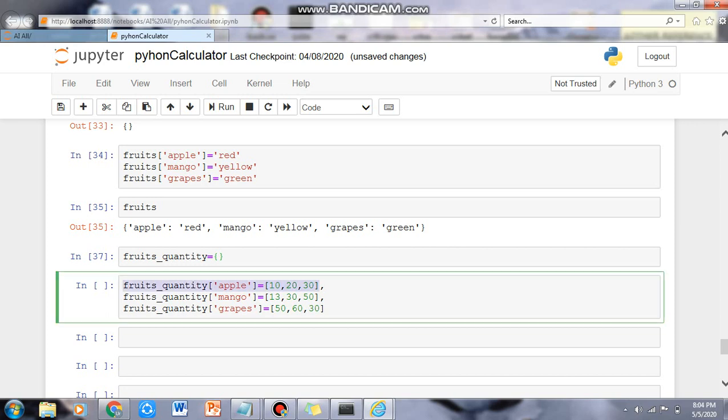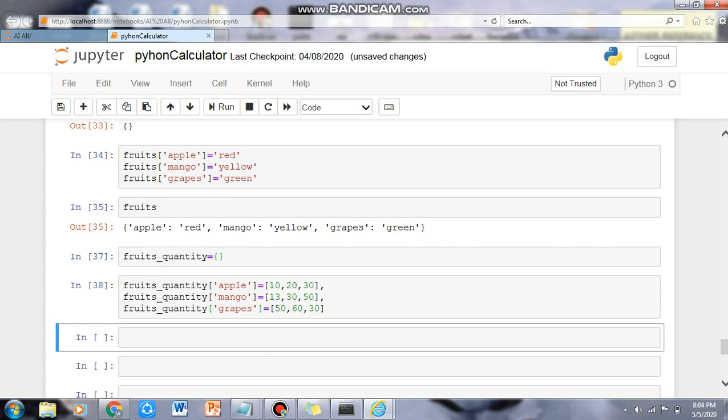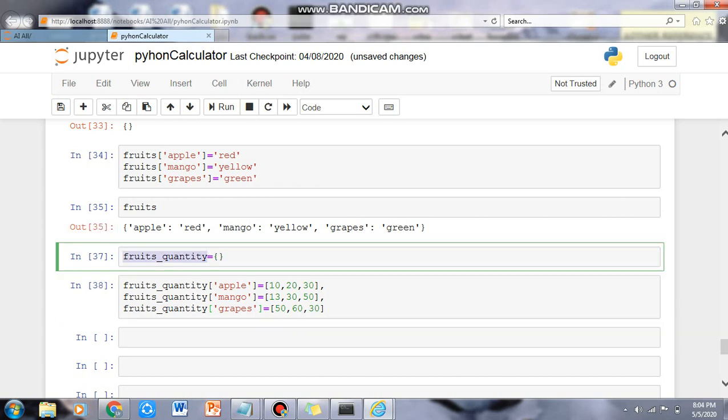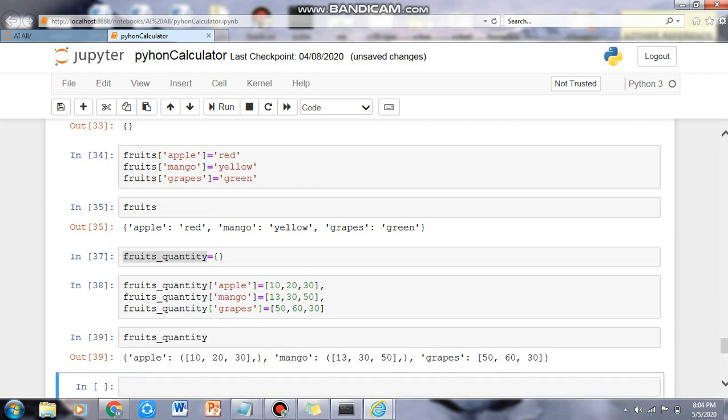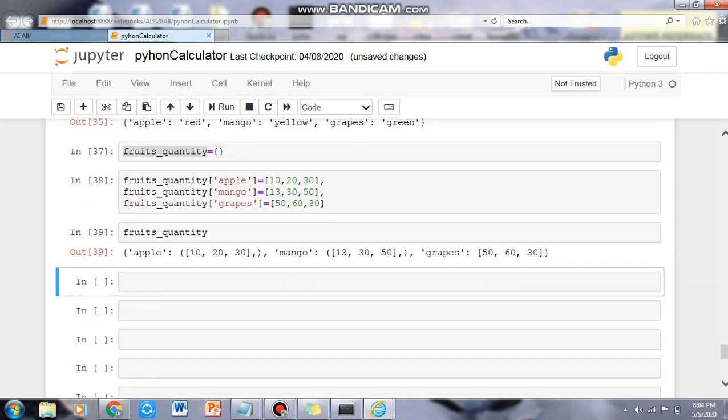This is one record, this is the second record, then this is the third record here. And we want to update this in our dictionary as well. So press shift plus enter. Now our dictionary has been updated, and now we are going to see what is there in the dictionary now. So yes, we can see the values and the keys here.